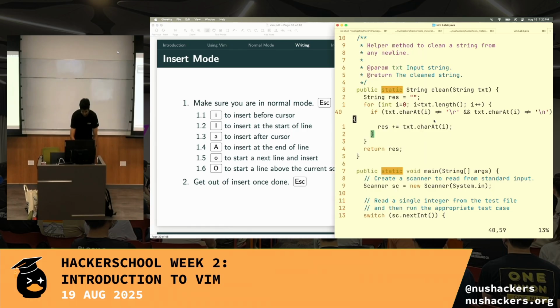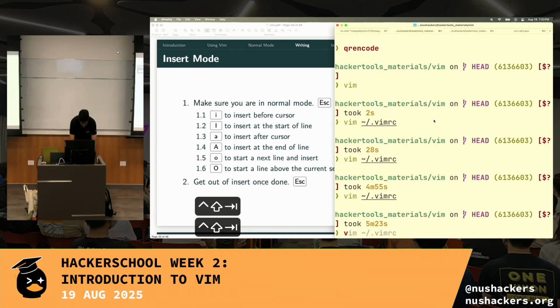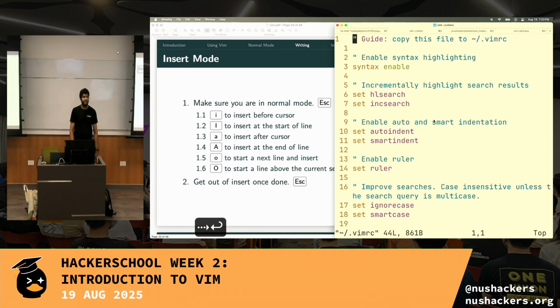So let's write some code, right? Let's use this vimrc as an example file to write. Make sure you're in normal mode, hit escape a few times, make sure it doesn't say you're in any mode at the bottom of the file. Like if you're in insert mode, it'll say insert, hit escape so that you're now in normal mode. And then you want to write some text. There's a few ways you can do it. There's I, which stands for insert. So you're going to insert text under this cursor. So if I hit I here,